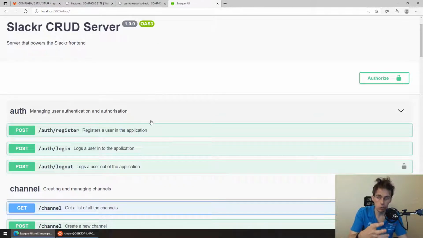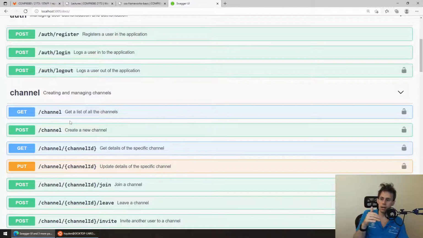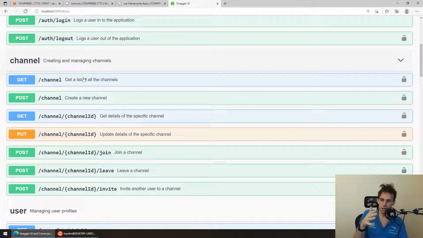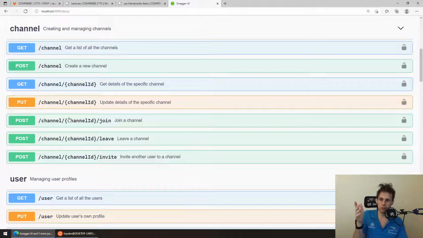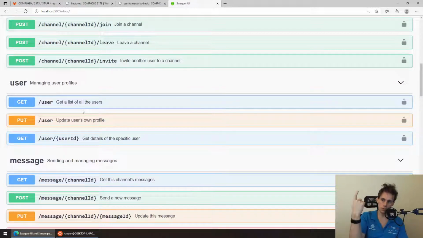And it shows you all of the routes, all of the paths, all of the API endpoints that exist: register, login, logout, channel, get all the channels, create a channel, get the details of a channel, update the details of a channel, join a channel, leave a channel, invite another user to a channel, get all the users, update my profile, get a specific